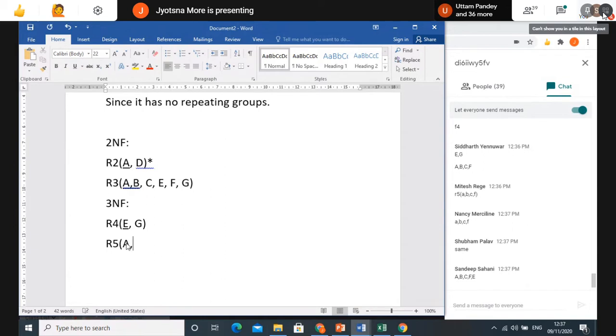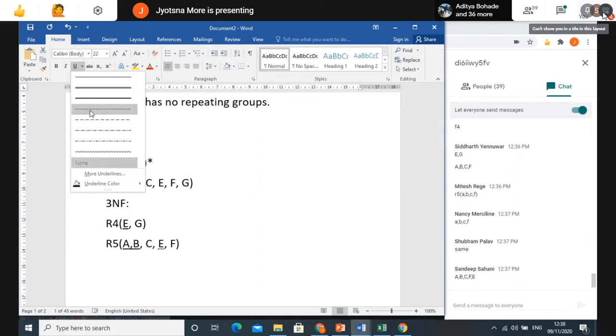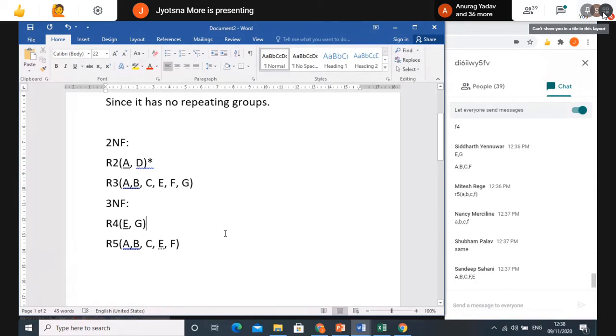Where my main candidate keys are A, B, which are determining now, or C, E, and F. G is gone because G we have taken over here. E is determining G. E is the primary key over there, so it will be my foreign key over here. Okay, so this is R5. So now we are done with this, this is my star now. This I cannot further divide, so I will make it star. Final. I'm just copying it into my dependency diagram.